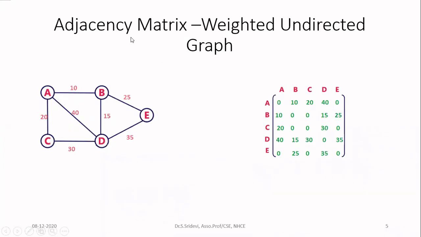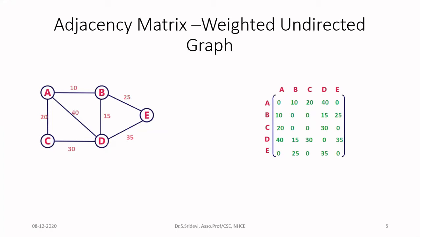Now let us see the adjacency matrix for a weighted graph. In the previous two cases, we have seen unweighted graphs. The meaning of an unweighted graph is that we have only seen the edges and no label was given to the edges. But now we are going to see weighted graphs. In weighted graphs, first we will focus on the weighted undirected graph. So in the case of a weighted graph, for all the edges, you are going to give some weight. The weight is going to tell you the cost of communication on that particular edge.